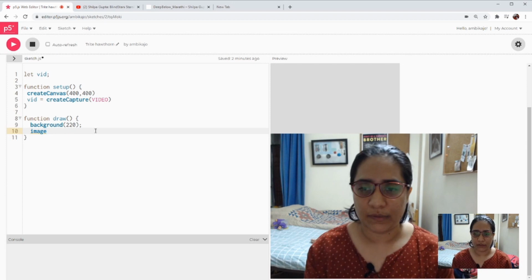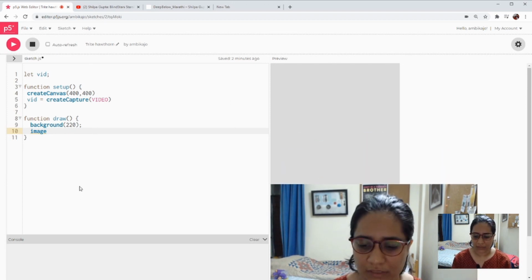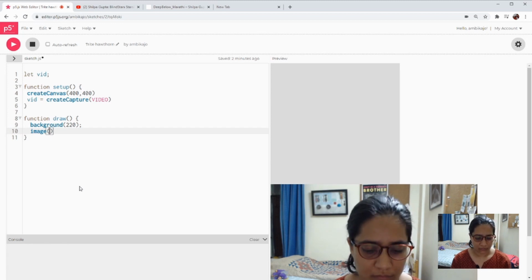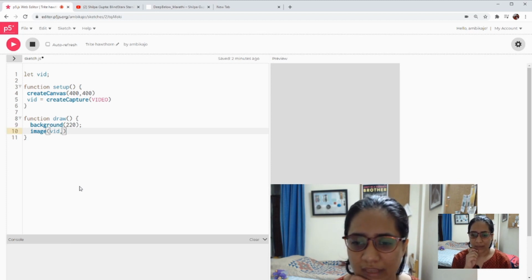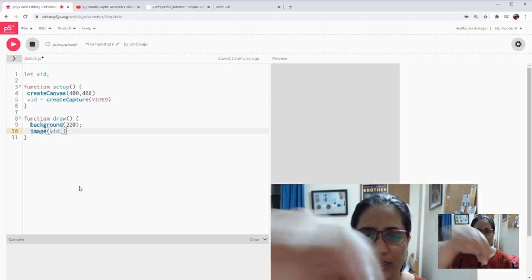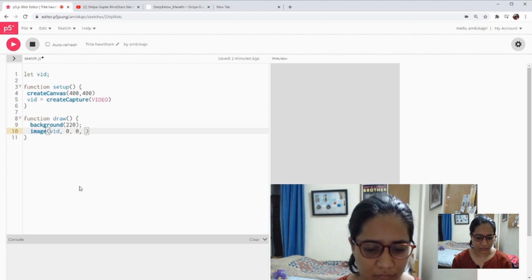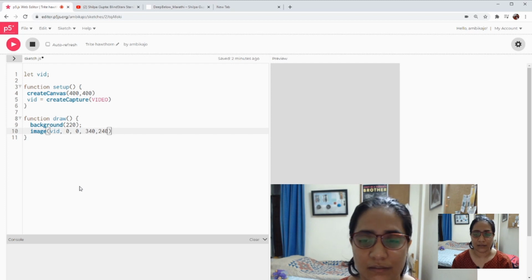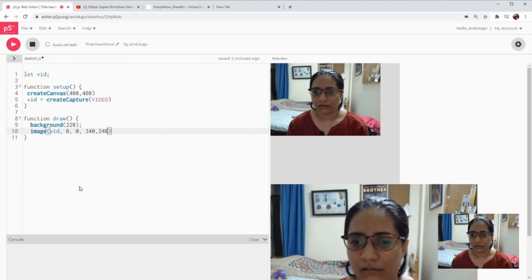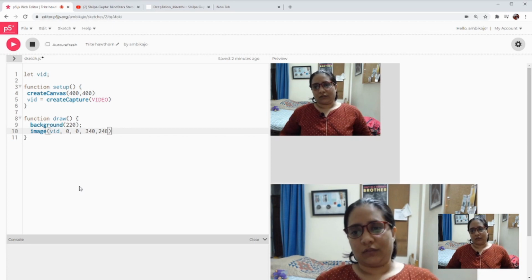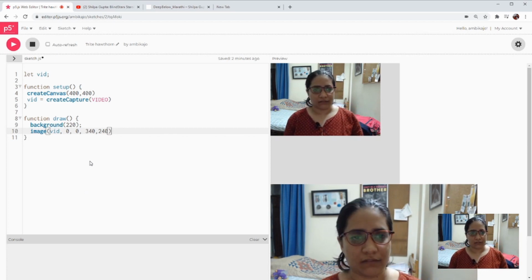This is very simple. You just set it up exactly like how you bring an image onto the canvas. I'll use the variable I made as the camera feed variable. Camera feed is my webcam's feed, and I'll just say 0, 0. In the past we've also done width and height, so I'll do that here as well. So 320, 240. I don't know if that's the correct aspect ratio, but we'll try. Yeah, I think it's kind of okay. So this is basically how you bring it onto your canvas.